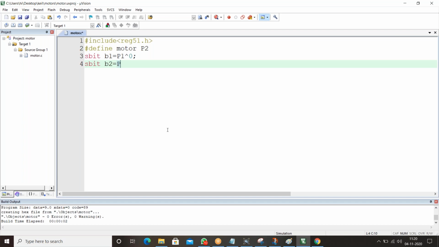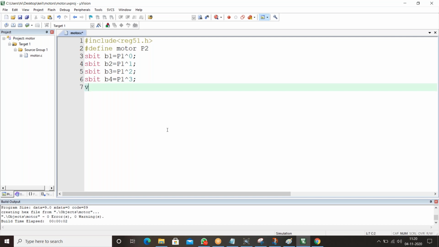I'm just declaring it, guys, it's a hardware part. sbit button 3 is equal to port 1 pin number 2. sbit button 4 is equal to port 1 pin number 3. Okay, this is my hardware part.